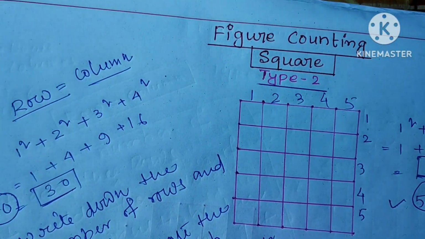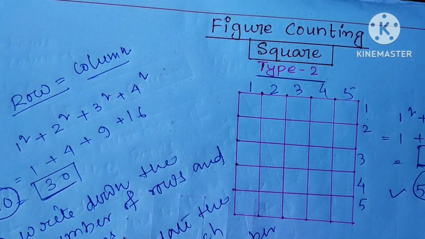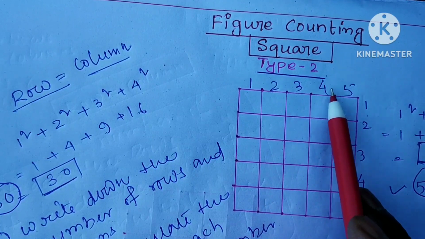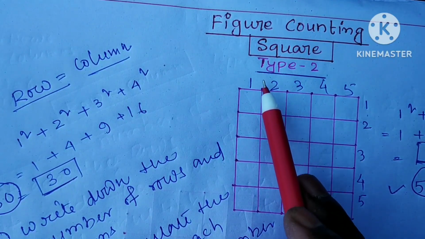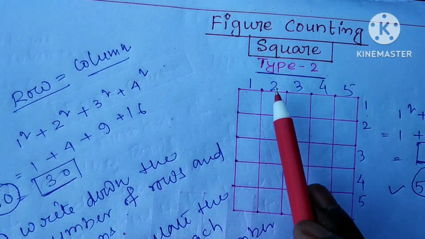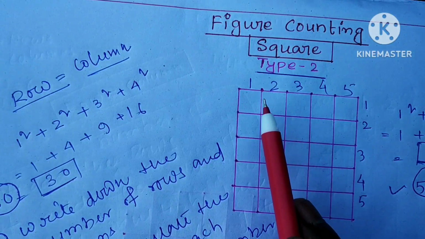So in the case of a rectangle, when the number of columns is equal to the number of rows, we just write the number of columns and number of rows and then calculate the cube of each individual number. But in a square, similarly, we first have to write the number of rows and number of columns, and when we see that